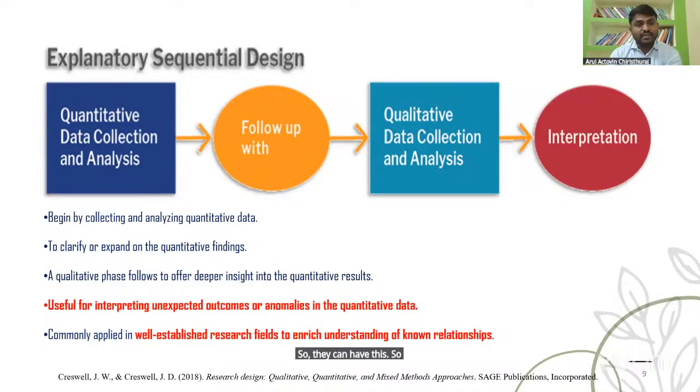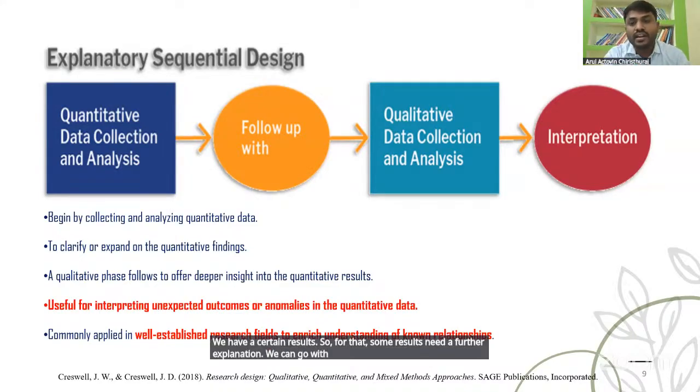Sometimes the quantitative findings give certain results, and some results need further explanation. We can go with qualitative data collection, whether case studies or different types of methods, depending upon the findings that need further explanation. Later, we can have an interpretation.